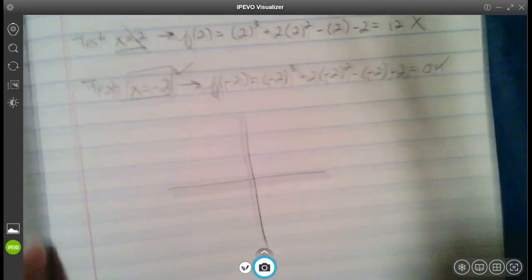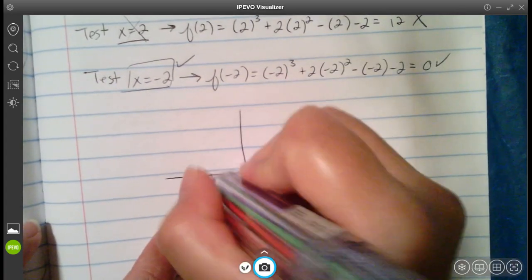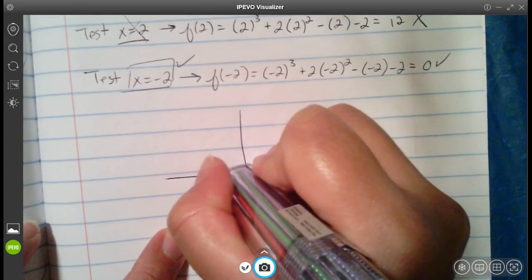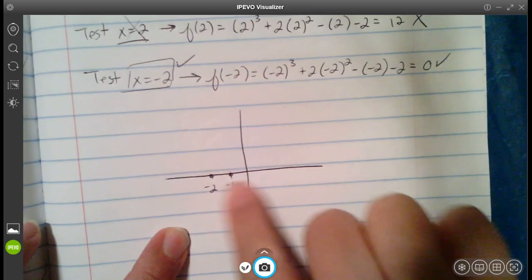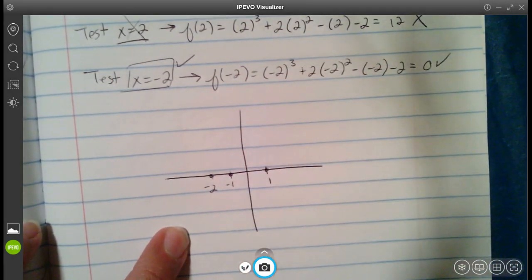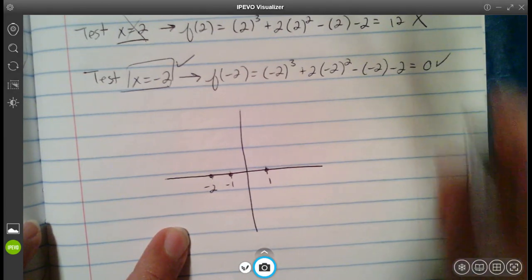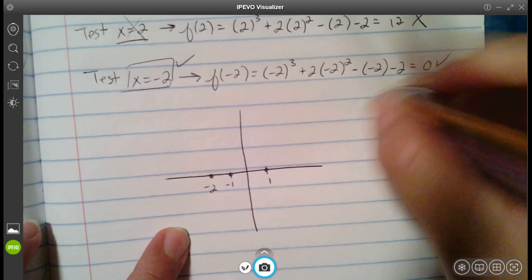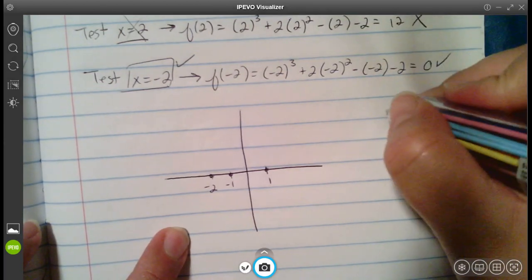So that would look something like, let's see, -2, -1. So we have points here and here. We also have a 0 at 1. Based on my polynomial, since it is an odd function and it's positive, so remember this from the previous notes,